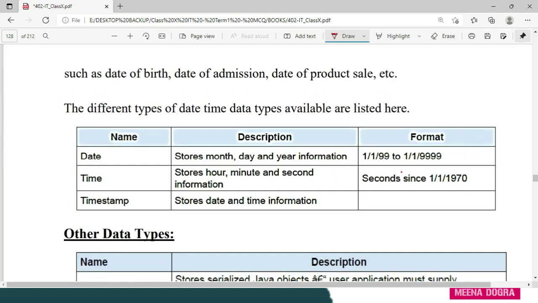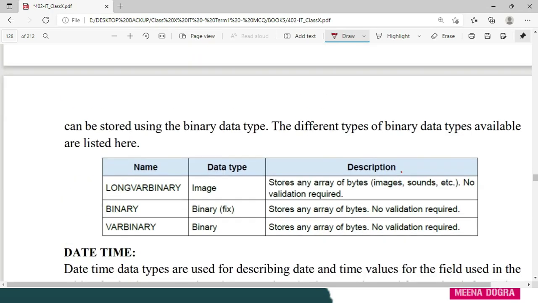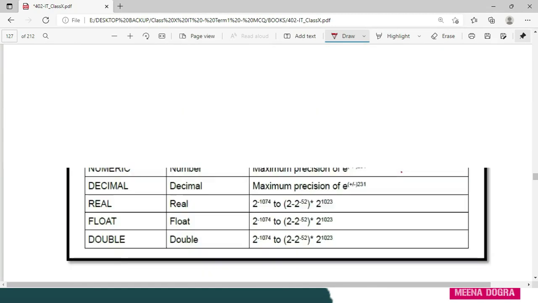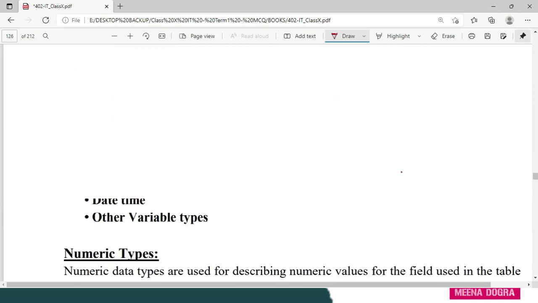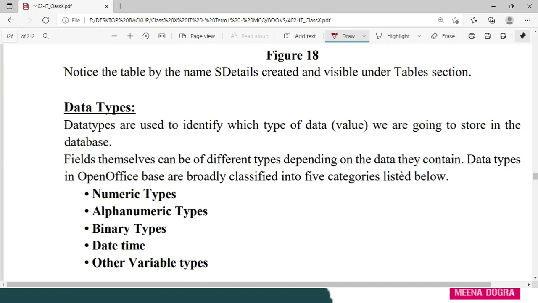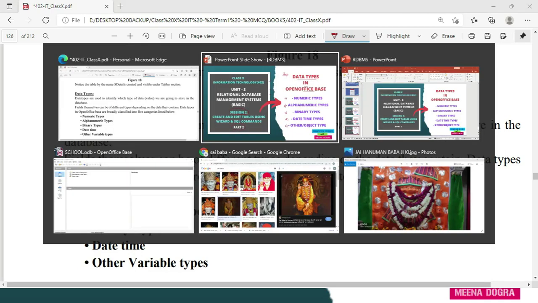So how are data types given in OpenOffice Base, and what are the various data types that OpenOffice provides us? I will be very soon coming up with part 3 of this session, in which I will tell you how we can create a table in design view. Fine. So I'll just give a quick briefing for that as well, so that you know from where we have to pick up these data types.